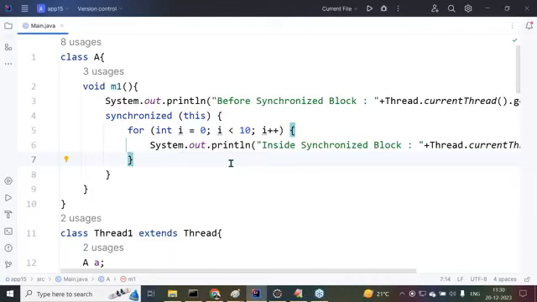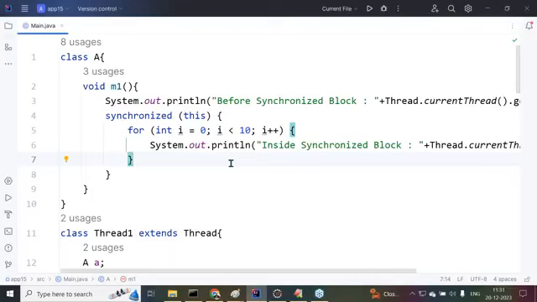Once thread 1 is entered inside the synchronized block, inside synchronized block thread 1 10 times, inside synchronized block thread 2 10 times, inside synchronized block thread 3 10 times. This output we are expecting, or whatever it may be, that final output I am telling you. Once thread 1 is entered into the synchronized block, until the completion of thread 1 in the synchronized block, no other thread is going to be allowed.